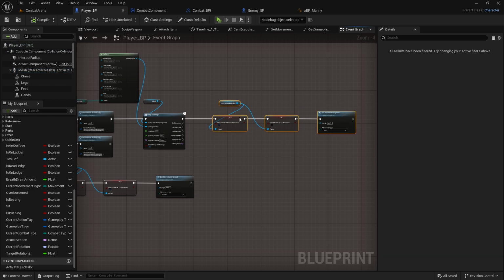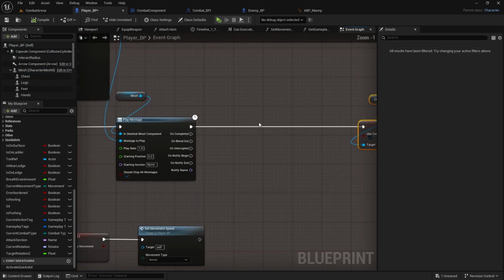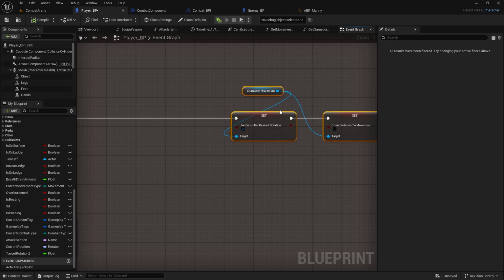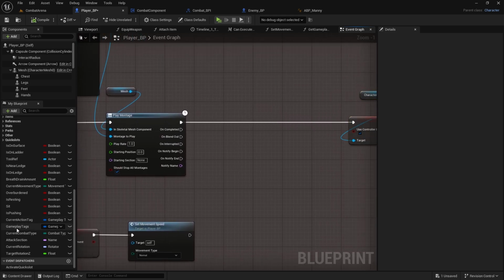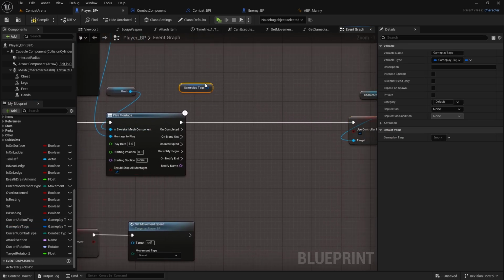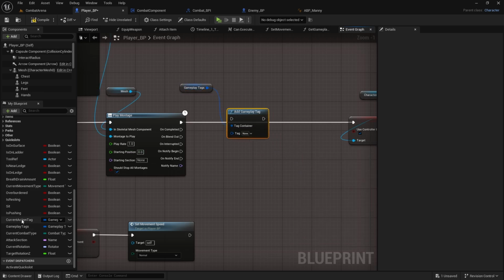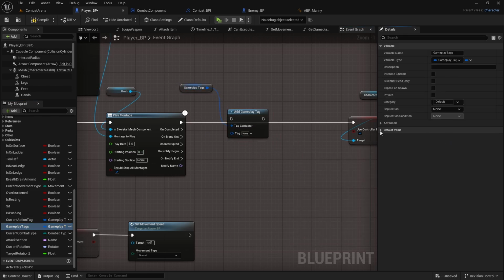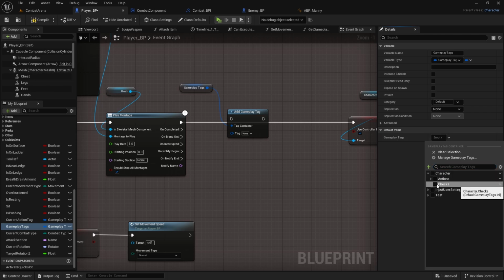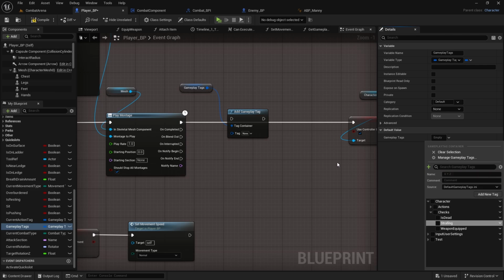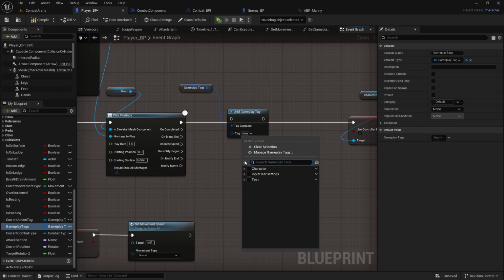So here before this, move this back. And instead of creating variable is strafing, we will just add it to gameplay tags. So get gameplay tags, add tag, add gameplay tag. And when you select it here, gameplay tags, let's just add new one to character, and under checks we're going to add subtag, which will be character.checks.strafing. Add new tag, and here we can now select it,